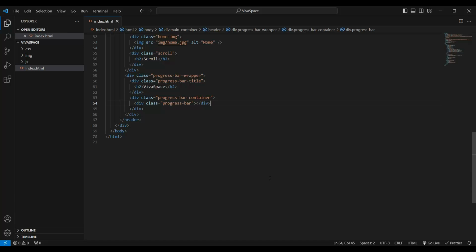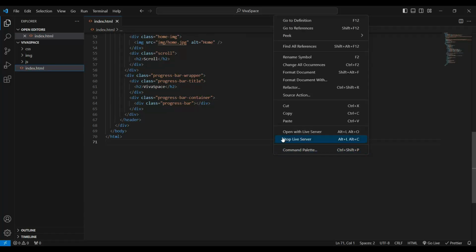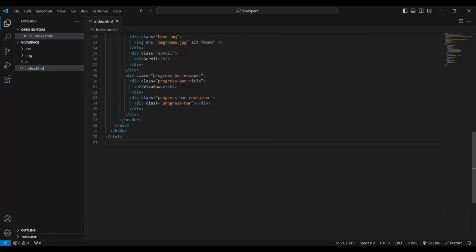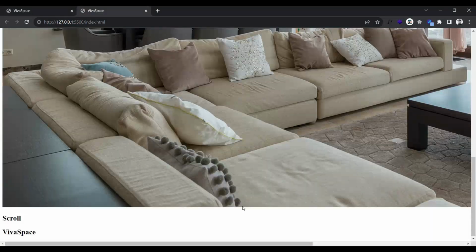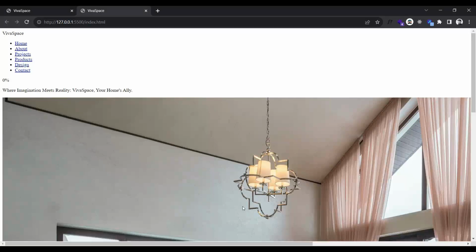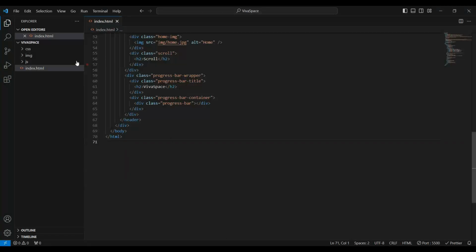Let's save, and I want to open it with live server extension. You can right click and click this one, or click this button. Okay, this is what we got so far, which is really ugly. We need to style it. Open the CSS file,